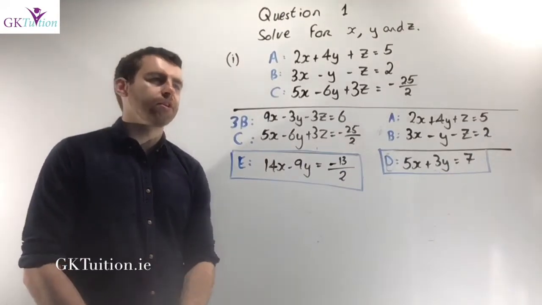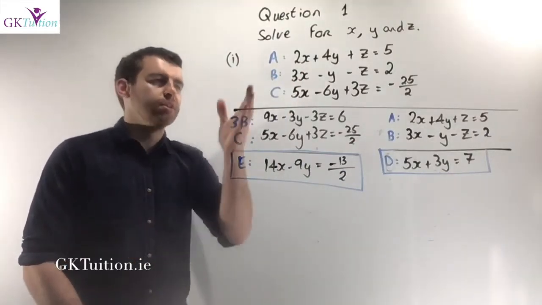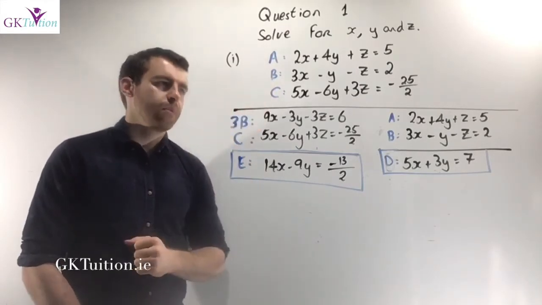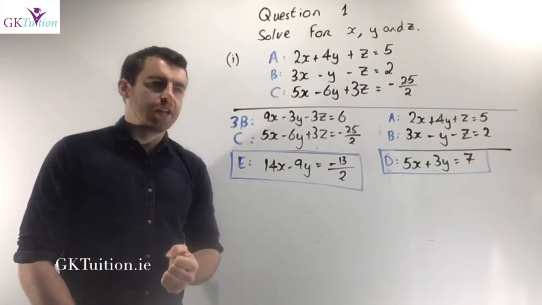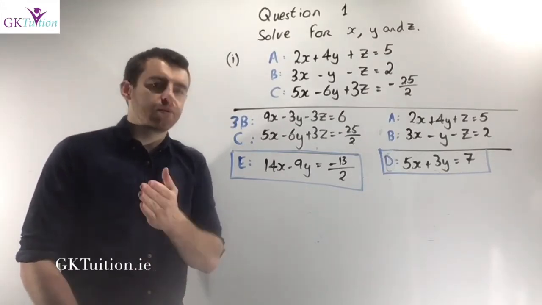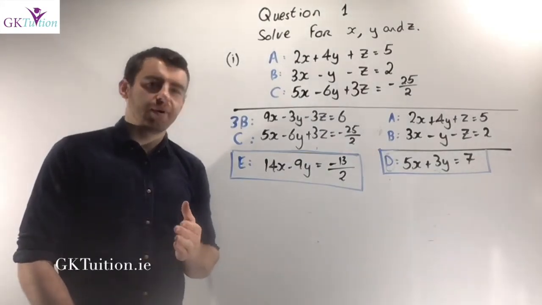Okay, so in the first question, I give you 3 equations. The first thing I would always suggest is that you label them as A, B, and C. Now you have to look at this and decide which one of your variables you are going to eliminate. It really doesn't matter whether you eliminate your x's, your y's, or your z's. In this case, I've decided to eliminate my z's,